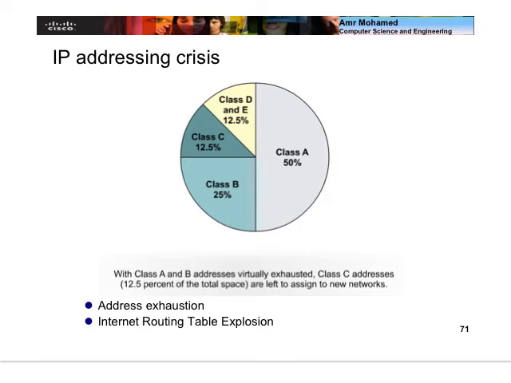So this is a pie chart of the percentages of the IPs in each class. So we have class A, 50%, class B is 25%, class C and class D and E, of course, they share this 12.5%. Actually class D takes the biggest percentage, and then class E takes a smaller percentage. But we don't care so much about D and E, as I said before. C has 12.5%, and remember the way this is